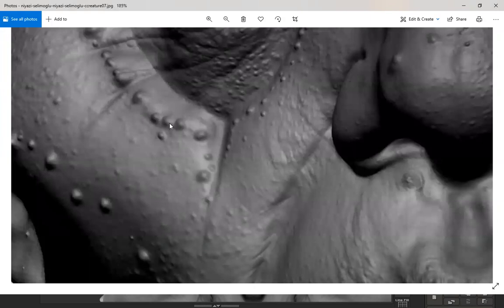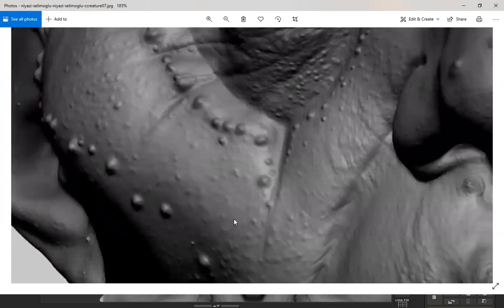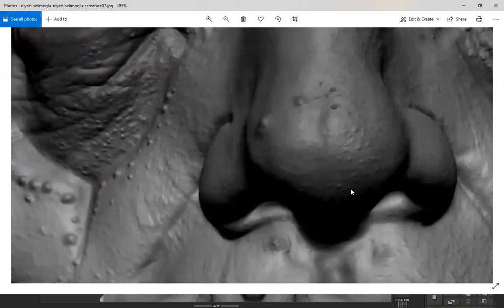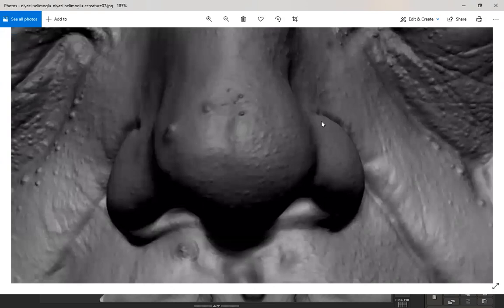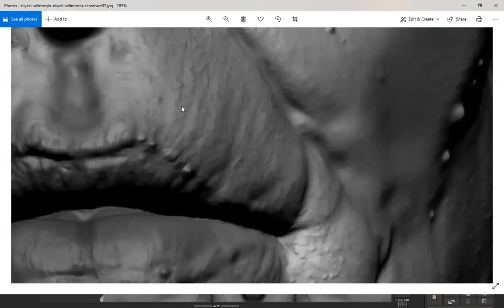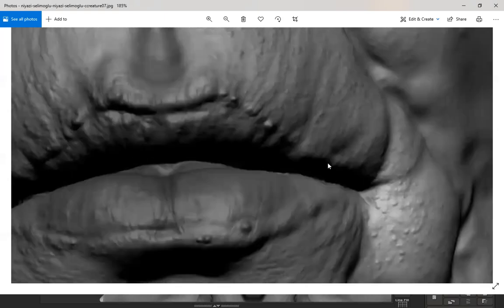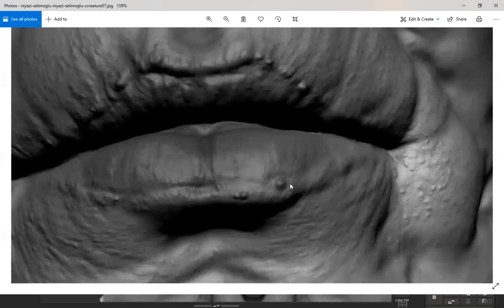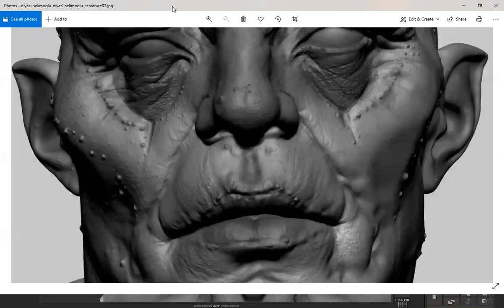Then all these grains, all these bumps we'll add. All these crisp lines we'll add separately. All these pores and everything, pimples, we'll create separately. All those things we'll create in separate layers. And we'll refine all these fine lines and all these things in a separate layer. We'll do that.